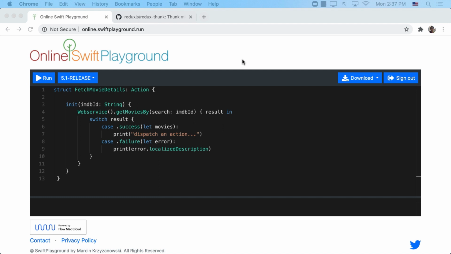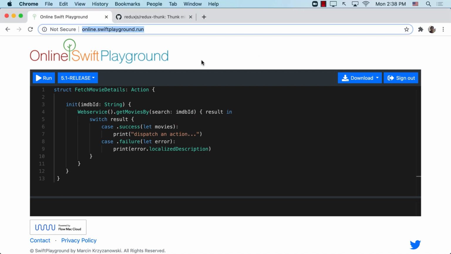Now what we want to do, if it's a success, is dispatch an action and send that action all the way to the reducer, passing in the movies so that these movies can be stored in a global state. Other components or views can utilize it. Unfortunately, with this approach, we don't have the capability of dispatching an action. Even though we are going to get the movie successfully, there is no way for this particular action to dispatch another action because it does not have access to the